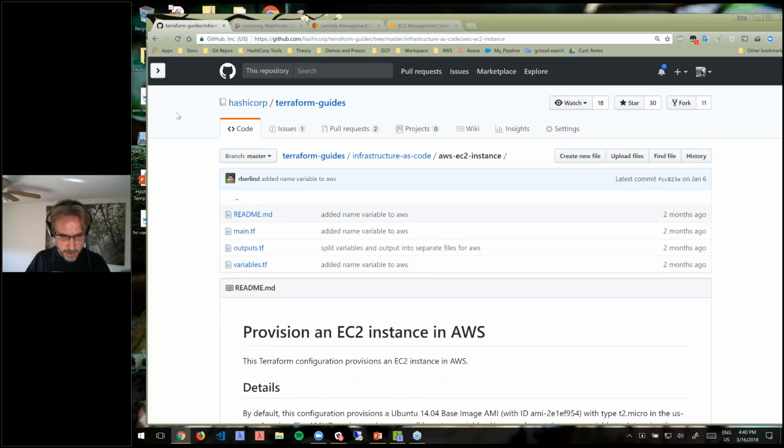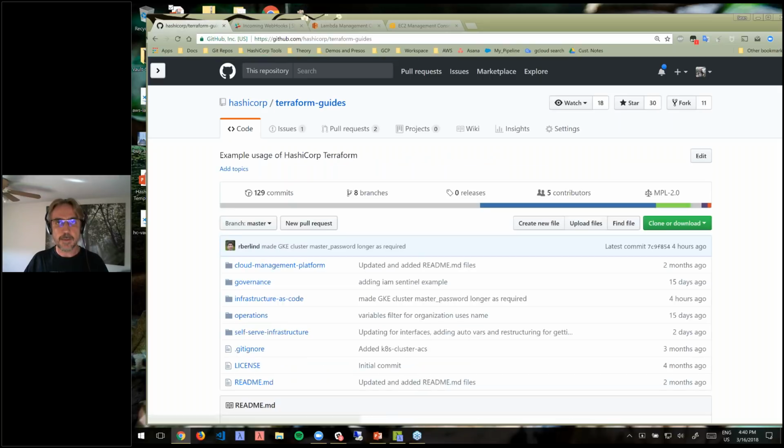And we'll start with the source code. Everything begins at the source. So this is the GitHub organization for HashiCorp, and inside there are these repositories. This one's called Terraform Guides. Terraform Guides is full of examples and code snippets, Terraform